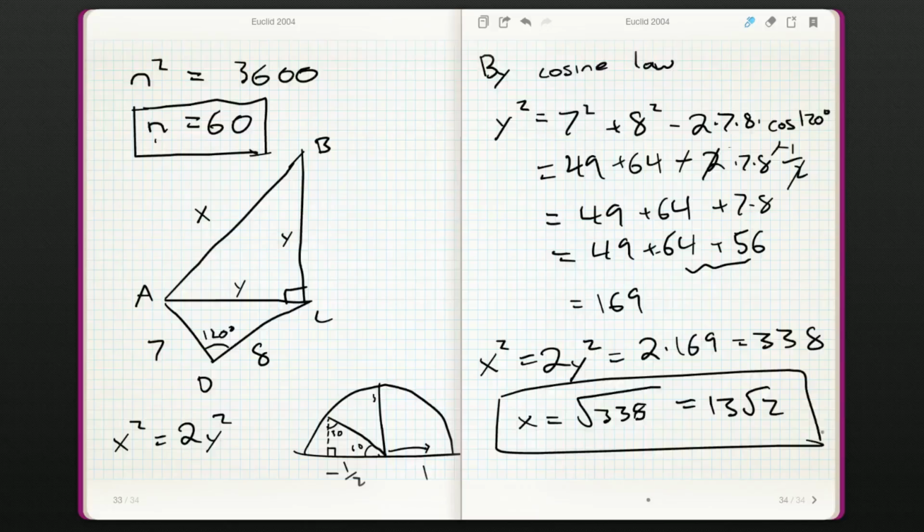Not a bad question, actually. Kind of quick. Cosine law, I think, was really our only option here. So it's important to know our trigonometry, especially for the Euclid. It does pop up, I think, from time to time on the Fermat. Not so much on the Cayley, definitely not on the Pascal, though. Just based off of North American high school curriculum. Anyway,